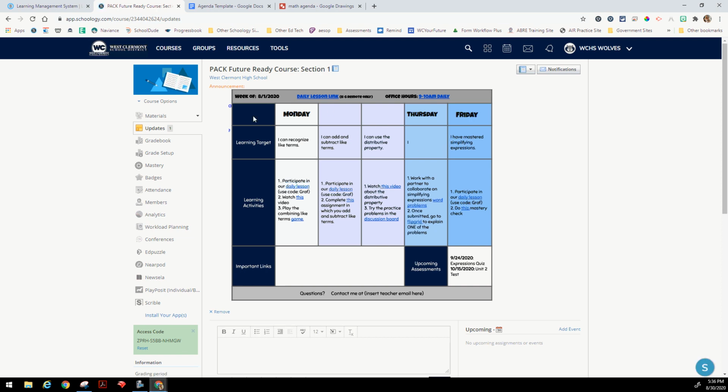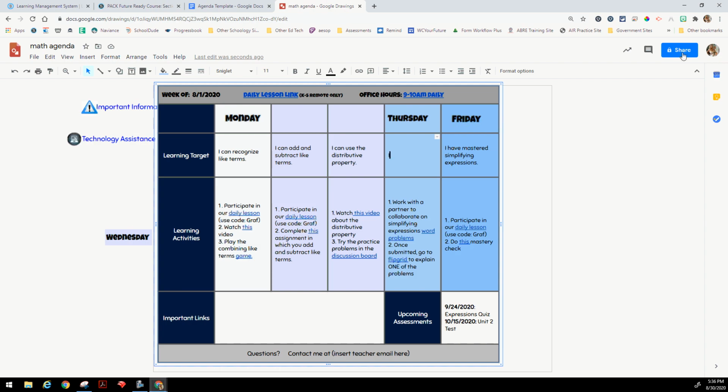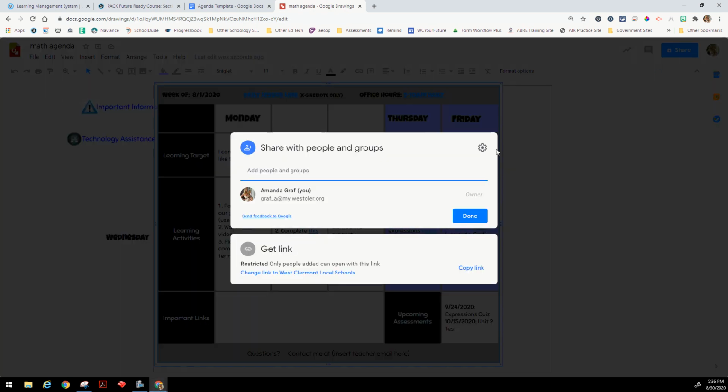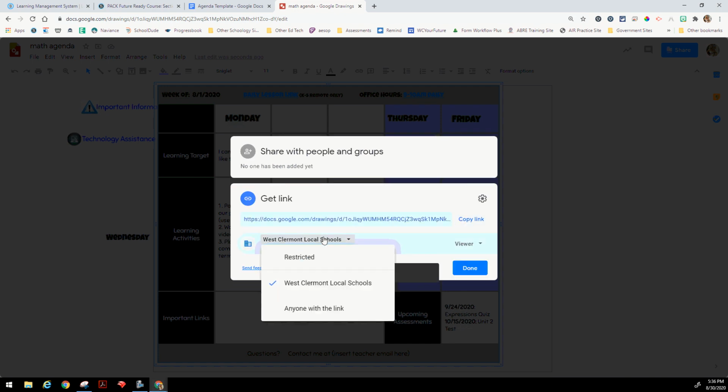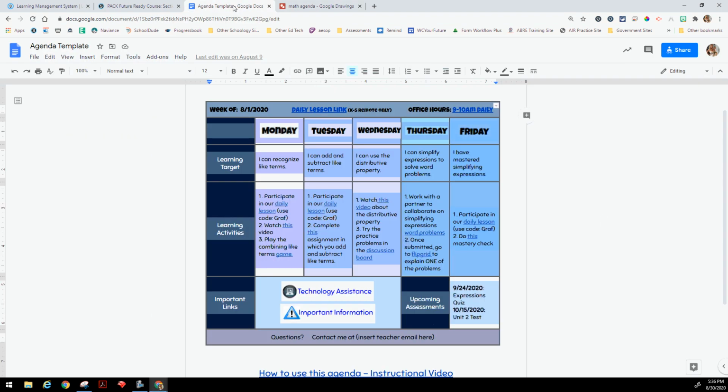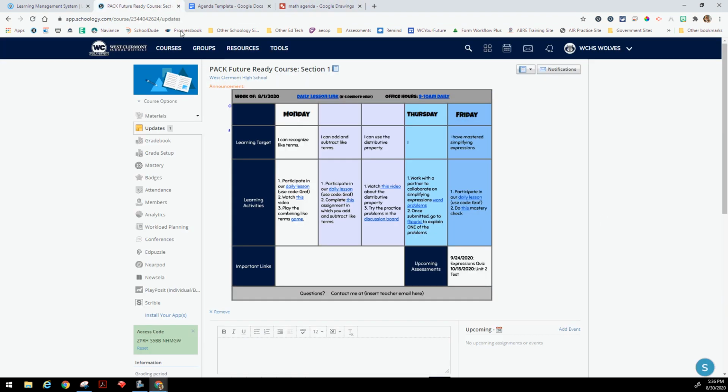Now, the one thing you do need to remember is this is still a Google Doc. So you need to change the permissions. And if you don't change the permissions, then people won't be able to see it. So change it to anyone with the link and done. And then that way everybody can see those permissions. And I like it because now anytime you make any updates, if you change something midweek, then it'll automatically go to your